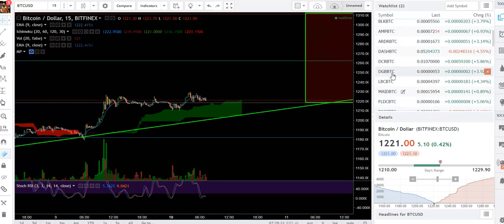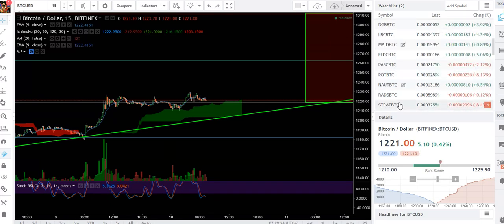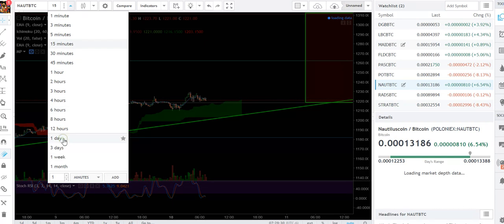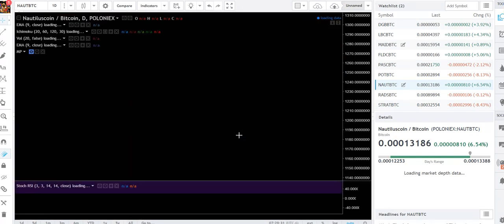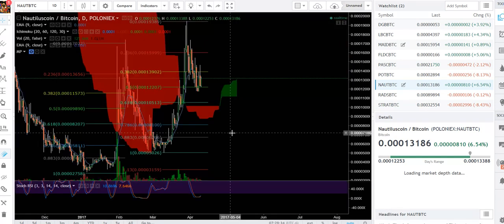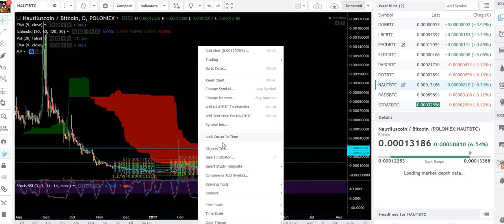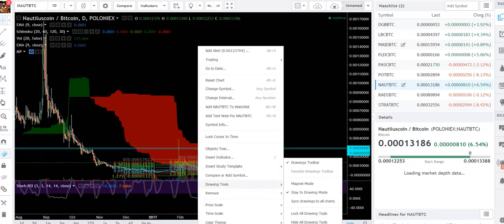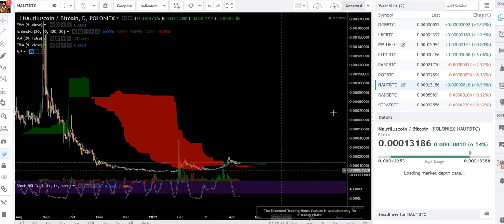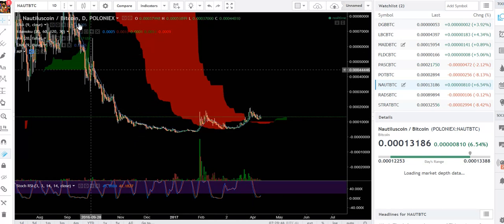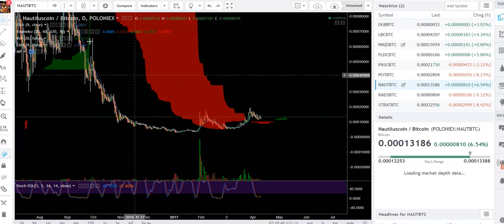All right, and we can use that for basically anything. I mean, for instance, let's look at Nautilus coin. Nautilus coin is a good example how on the daily, okay, let me remove these drawing tools here. Okay, now look at Nautilus coin, how after this last move, I mean, on the daily level, it was just